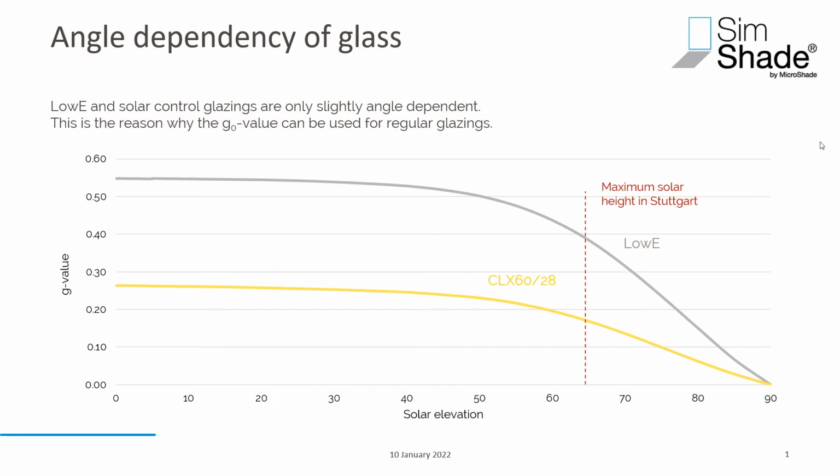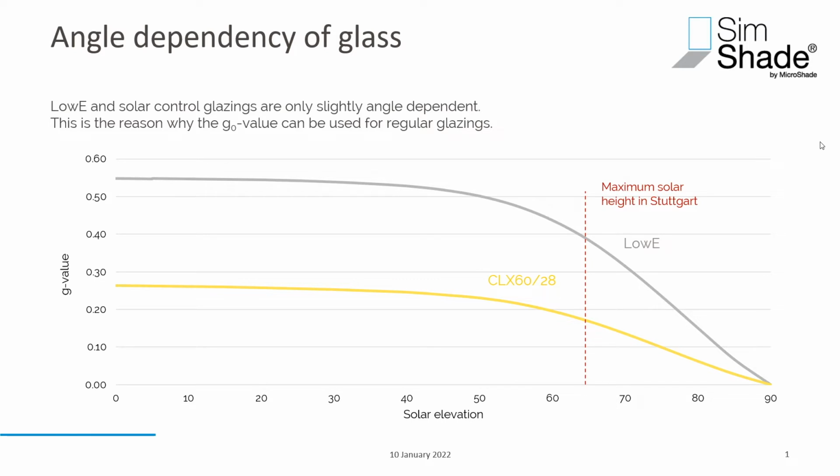Here you can see a graph showing the G-value dependent on the solar height. You can see a low energy glazing and a solar control glazing, which is the yellow one. Here you can see that the G-value does not change a lot with solar height until you get up to around 50-60 degrees of solar height. And this is why the G0 value that we usually use for regular glazings is a very good description of